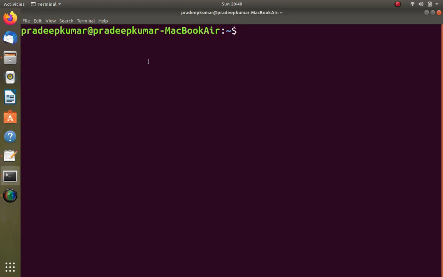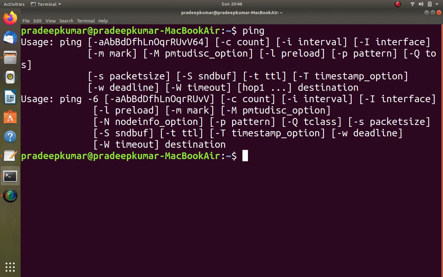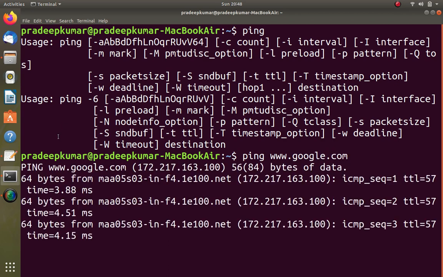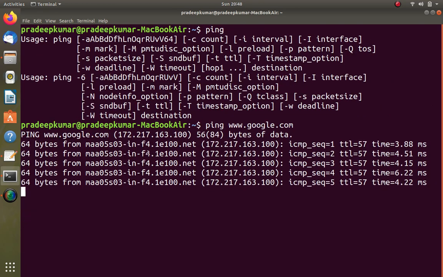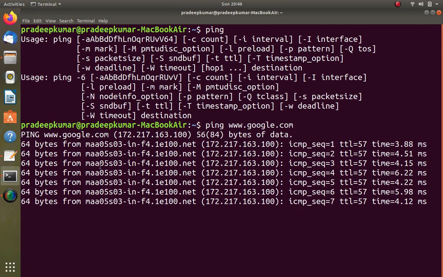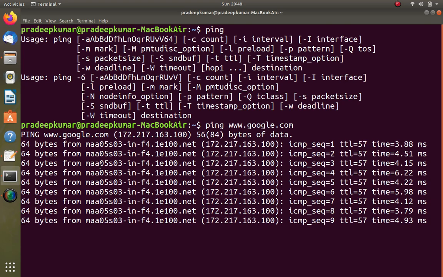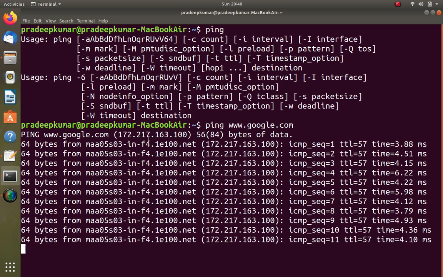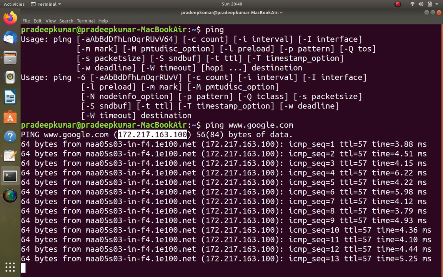This is a terminal. Now, some networking commands. Let's say I want to use the ping command. As you all know, the ping command tries to ping a particular network to check whether it is live or not. One good example is, let me ping google.com. Now it is pinging google.com. This is how the ping command works. You can even check out the IP address of Google.